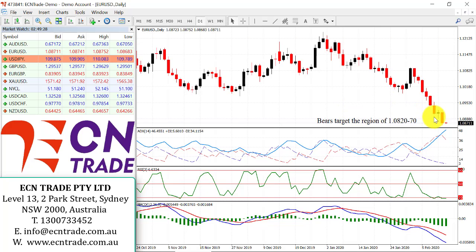Well, after completely disregarding the hammer that was posted yesterday, the price action overnight for the euro progresses further to the downside and looks towards the region of 108.2070. The dollar index, which measures the greenback strength against a basket of 6 major currencies, posted a fresh 2-year high overnight of 98.90, or in the euro case posted a low of 108.64.